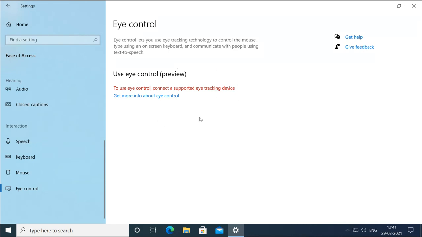So you can move your mouse cursor by using your eyes, and you can use text to speech to communicate with people, and you can use the on-screen keyboard for typing. So you don't have to use your hands, and you don't have to use your voice either, you can do it by your eyes. But for using this feature, you need the eye tracking device.